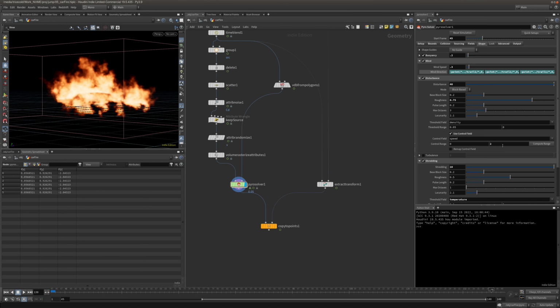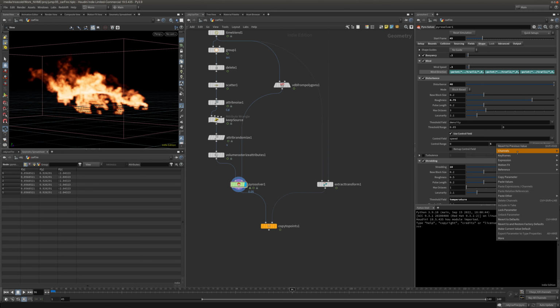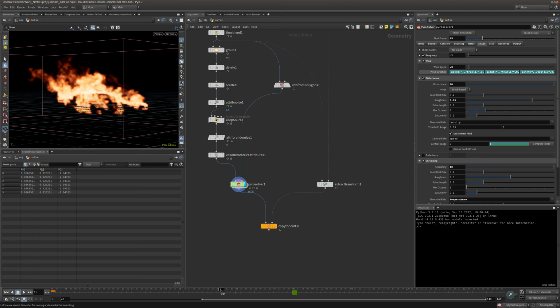Let's make it a bit more, maybe 5. Okay, that's more like it. And that happens when it's like this, let's say keyframe, and then somewhere down here, we want actually just when it's landing,